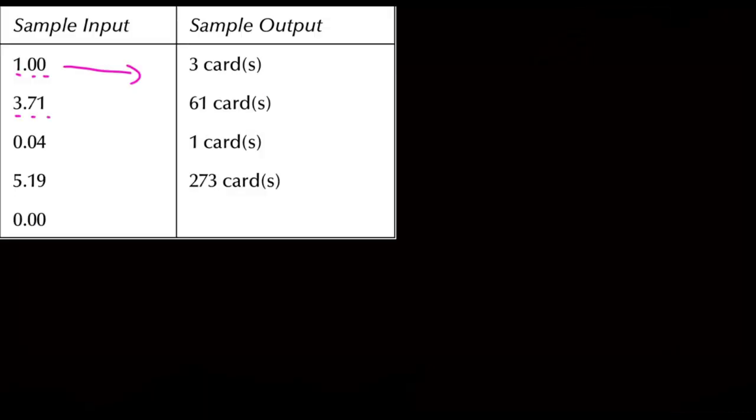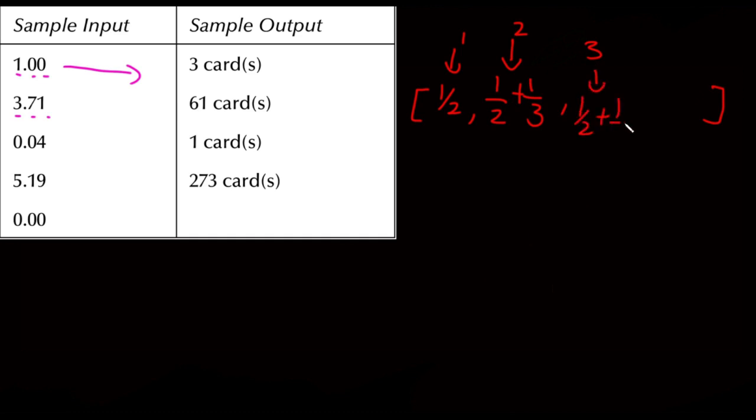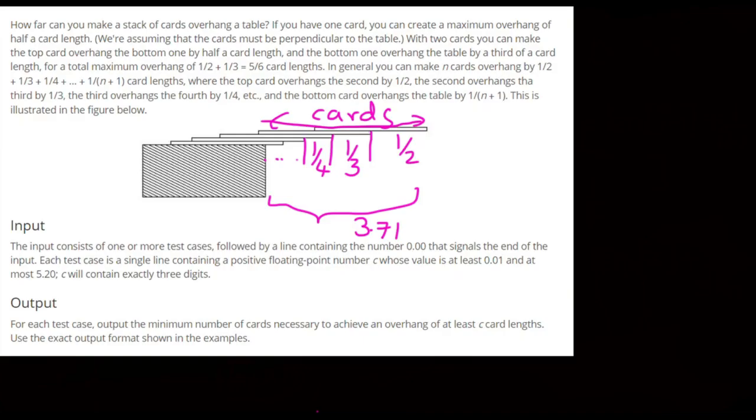So let's see what can be our approach to this problem. What we can do is we can have an array. In that array we can fill all the possible lengths and the corresponding number of cards. So suppose we have a length of 0.5, only one card is required for filling 0.5. For two cards you require 1/2 plus 1/3. For 3 cards you require 1/2 plus 1/3 plus 1/4, and so on. In this manner we'll fill an array,